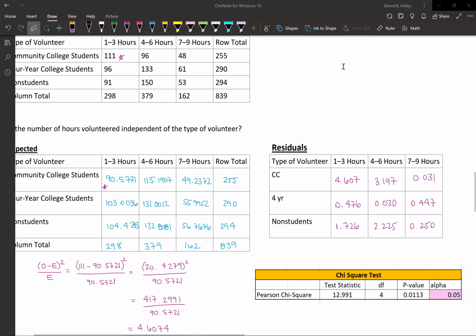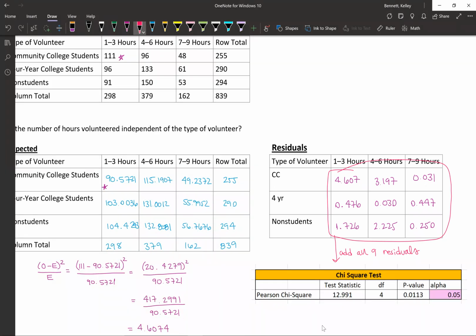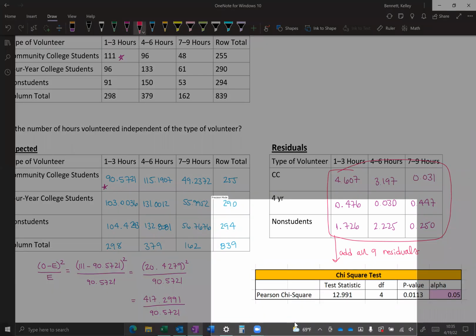With all my residuals computed, just taken over from Excel, if I add all 9 of these values, that's going to give me my test statistic here,